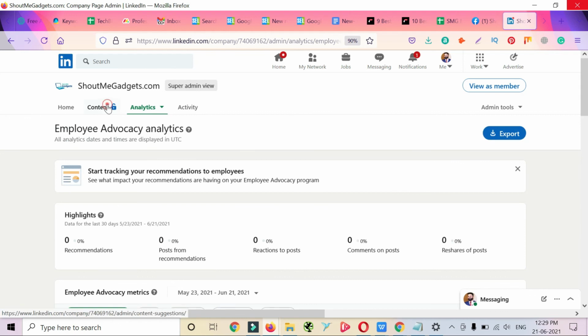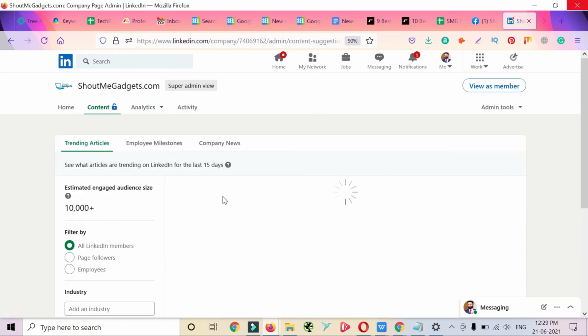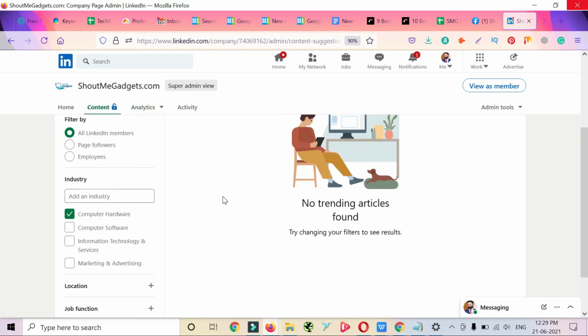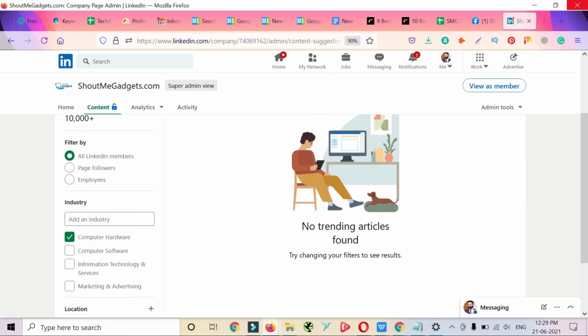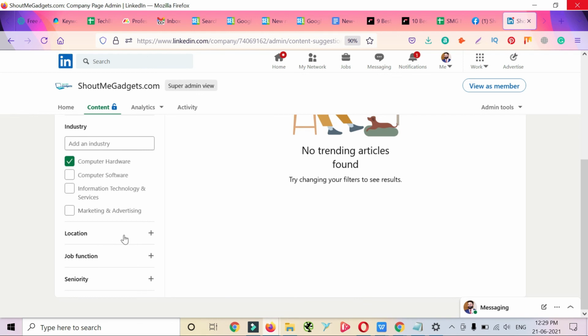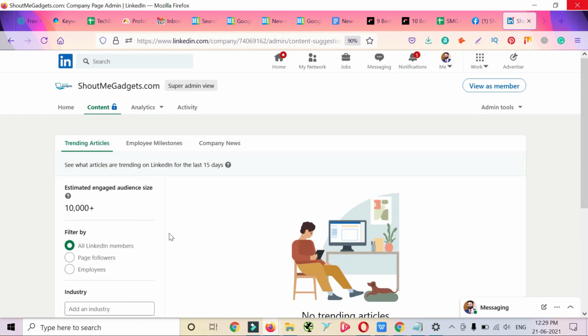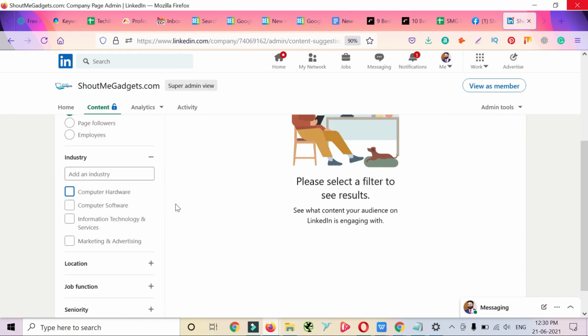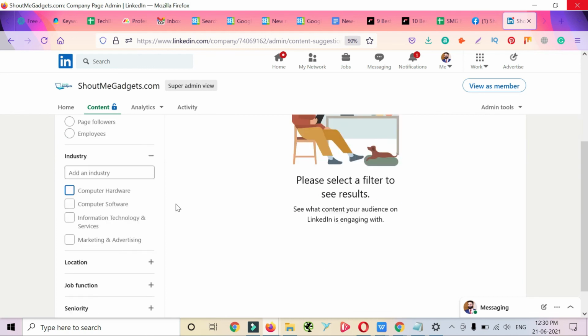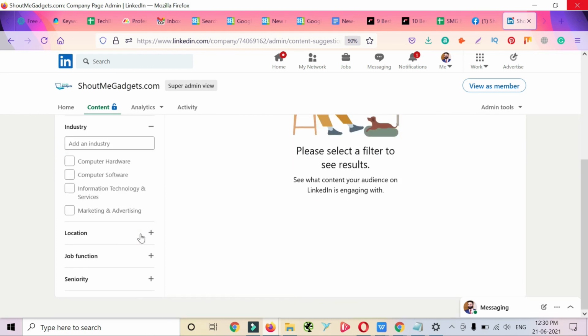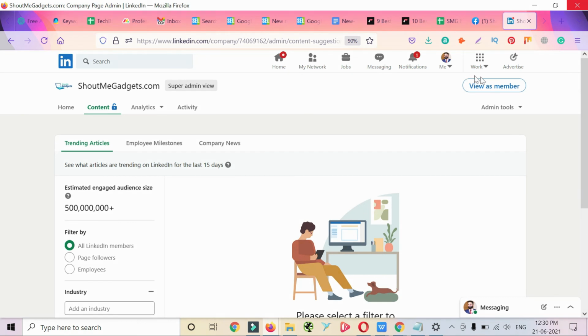In the content suggestions part, right now you are not seeing any trending articles, but once you start posting, LinkedIn is going to show you trending articles based on the filters on the left side that you have applied. Total estimated size of the filter that we applied, like all the LinkedIn members. So LinkedIn has this particular number that is showing in front of you on the left sidebar.